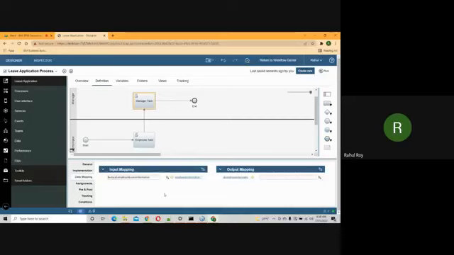Okay, similarly output mapping also I will do. So what would happen, guys? Whatever information I have in the manager, now I'm updating the manager remarks, and approve and reject also will be mapped with the manager action. So whatever data I am populating in the manager task, I'm updating the same data to my process variable also,